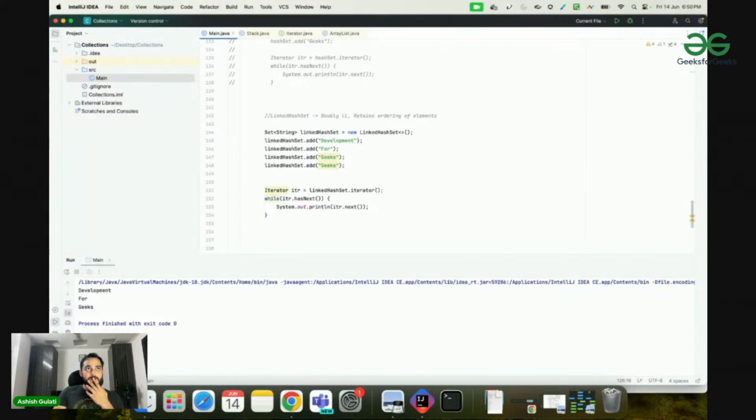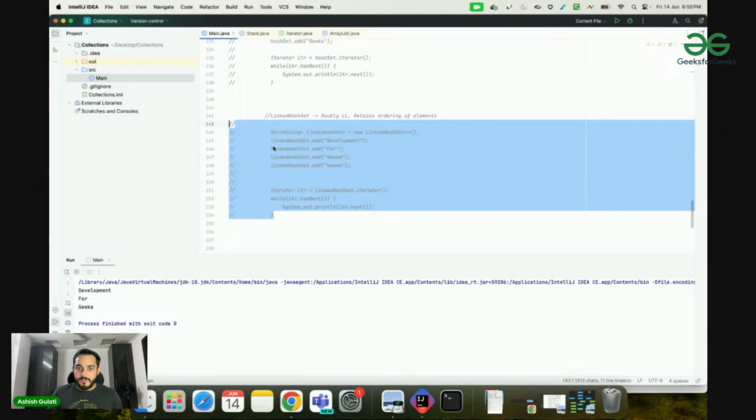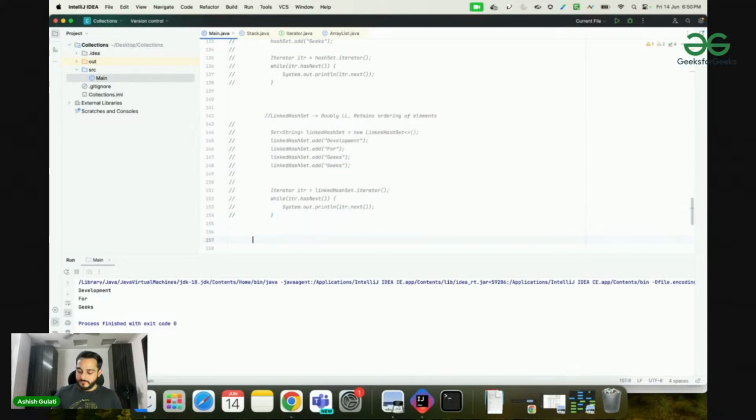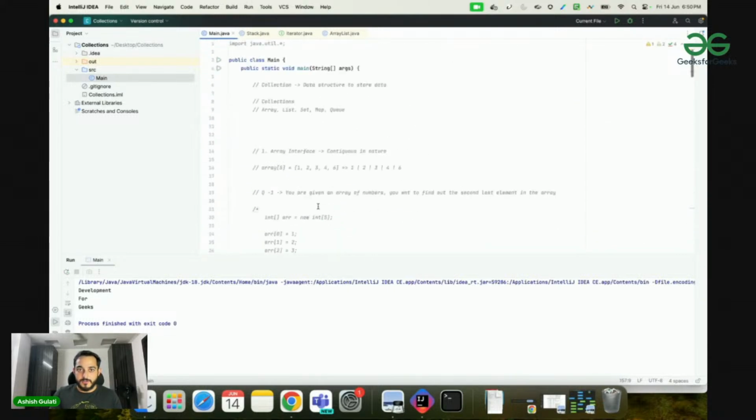I think we haven't, right? But let's first see the map interface, and then we'll come back to the queue, right? Let me comment this down. Okay, so we have covered set. Now we'll cover map,